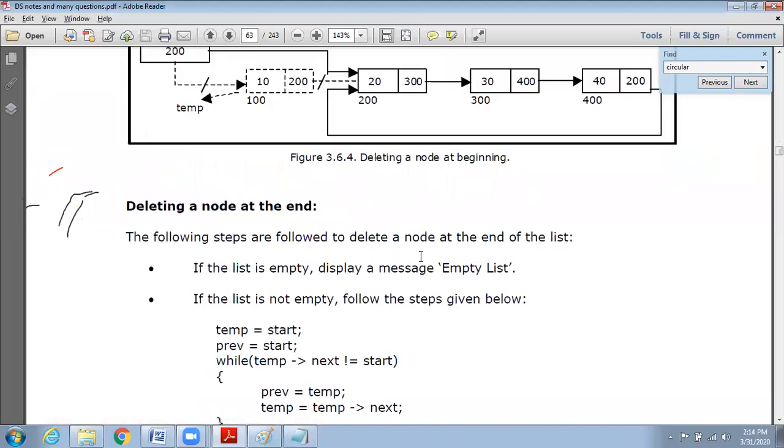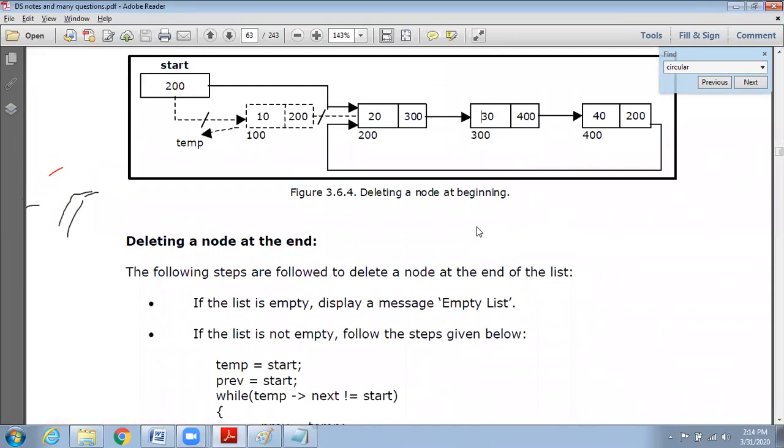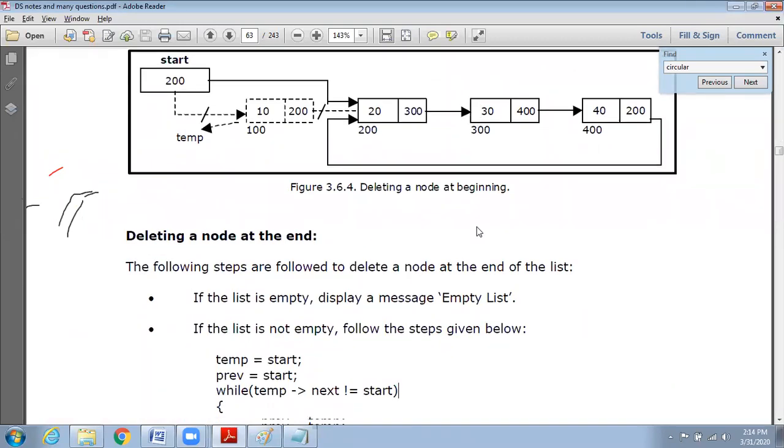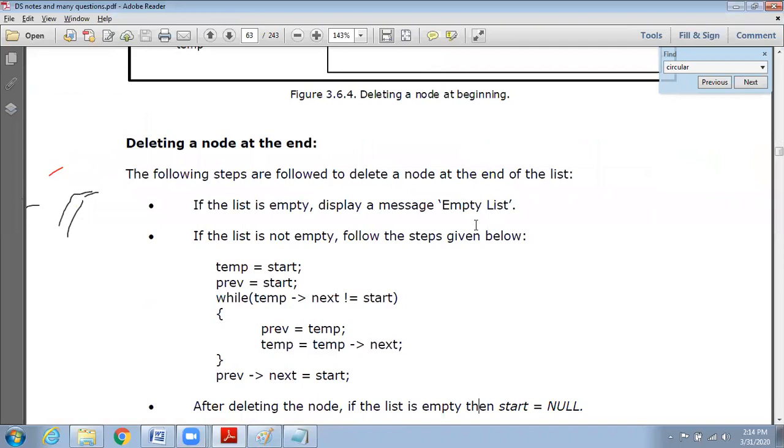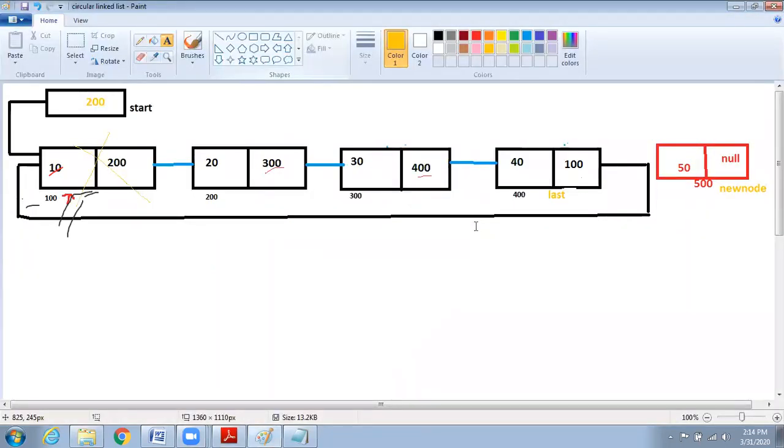Okay, and we will see deleting a node at the end. Now you people only have to tell. I will ask anyone, you have to tell.